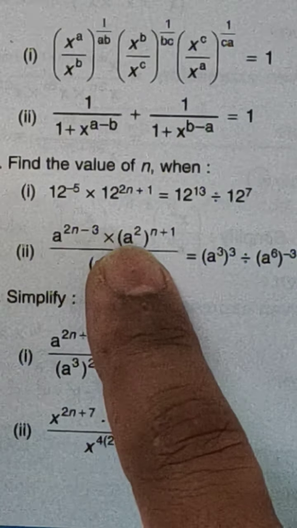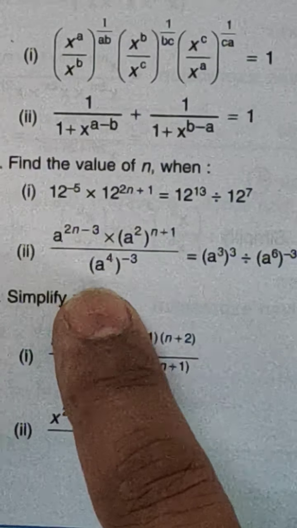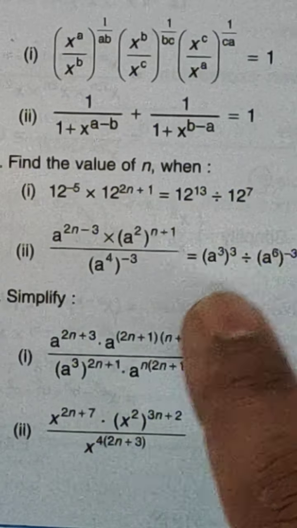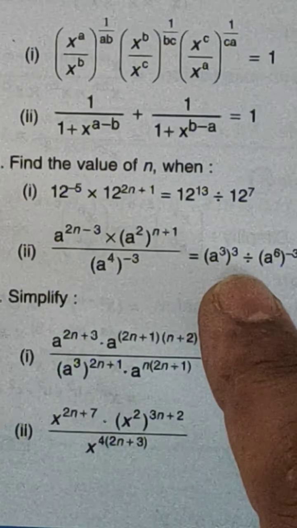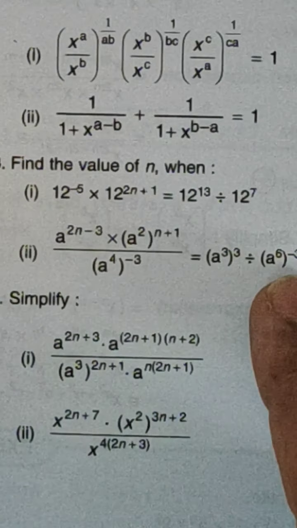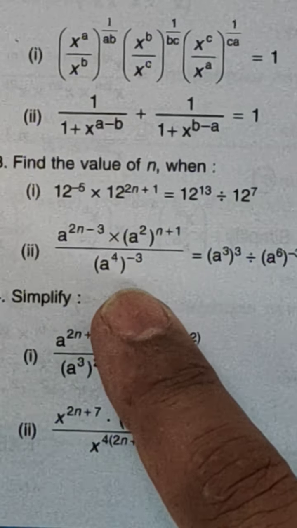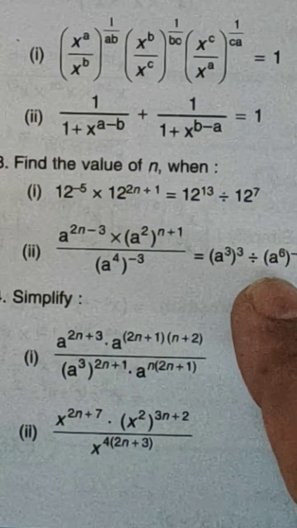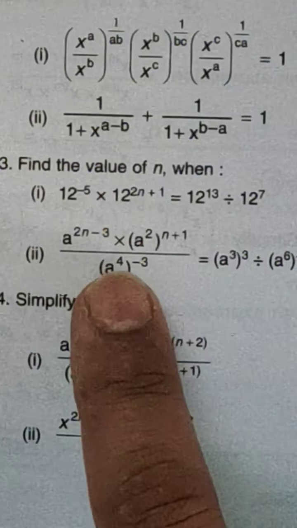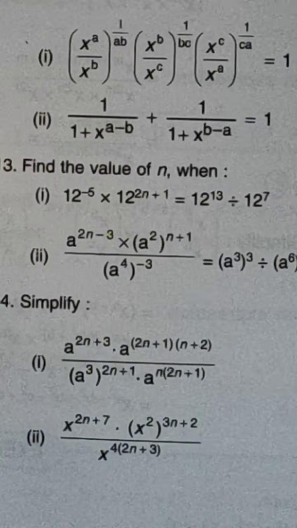Here we can use a to the power of m whole to the power of n as a to the power of mn. Here also a to the power of mn we can use. Use this division sign, convert this into multiplication sign by taking the reciprocal on the right hand side of this. Then convert to a single base on the left hand side and a single base on the right hand side. Then equate the powers, because the bases are same. Equate the powers on both left hand and right hand side. Then solve for n. Let us see how we can solve.